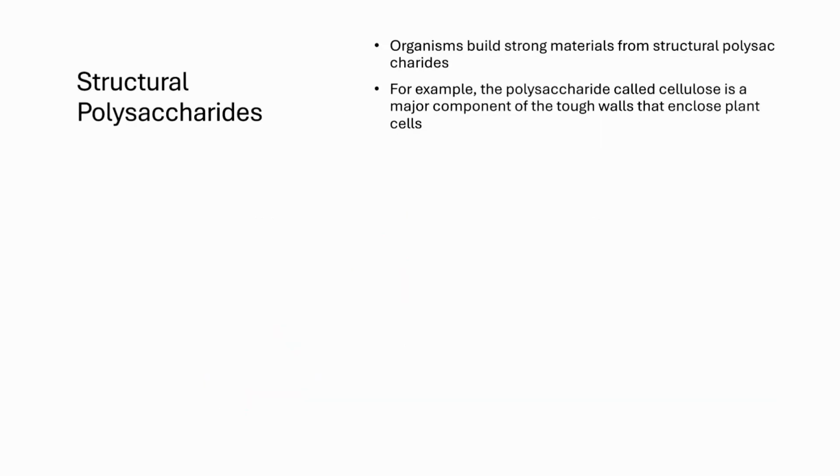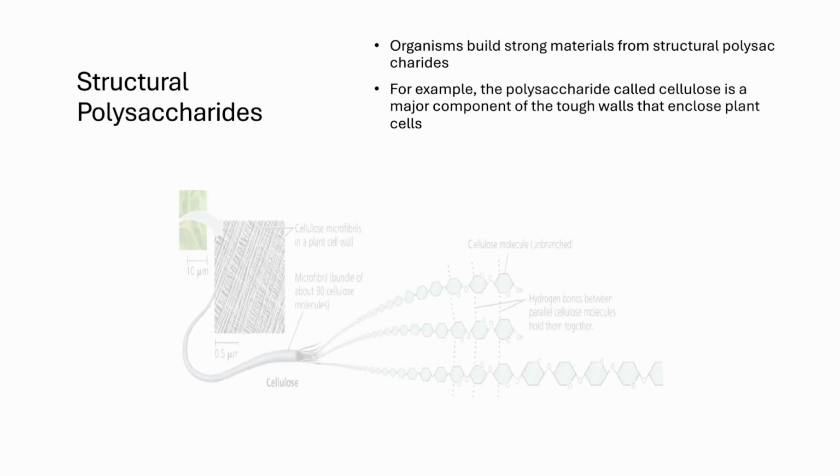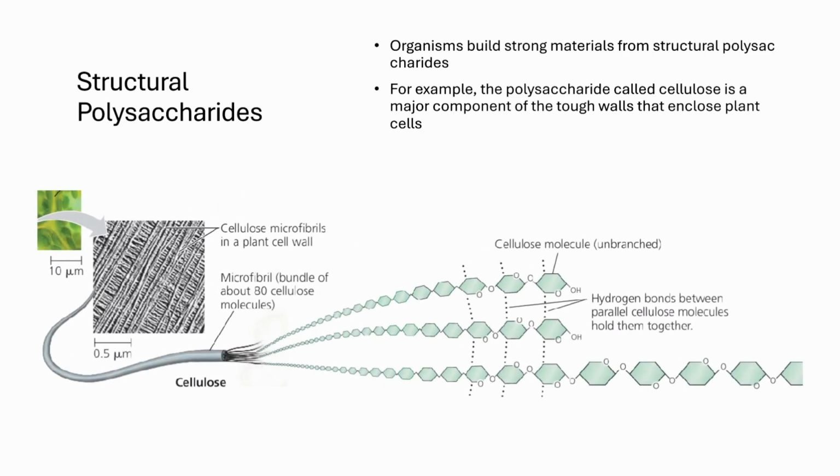Now let's talk about structural polysaccharides. Organisms build strong materials from structural polysaccharides. For example, the polysaccharide called cellulose is a major component of the tough walls that enclose plant cells. Globally, plants produce almost 100 billion tons of cellulose per year, and it is the most abundant organic compound on earth. Like starch, cellulose is a polymer of glucose with 1-4 glycosidic linkages, but the linkages in these